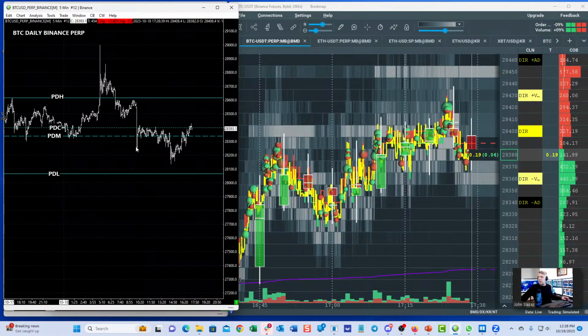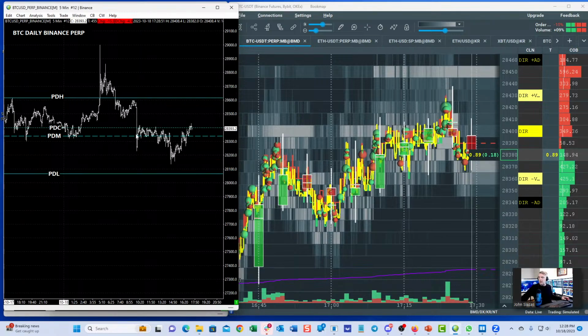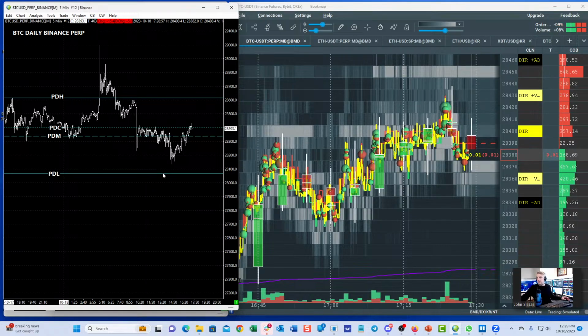Your expectation as a trader: one, the market gave us a head fake up here. Two, we broke below the midpoint, which is just making a new day low, and now we can't go net change positive on the day. It's negative, which sets up this break. And what do we know when the market's trading below the previous day's midpoint? It's going to make a play and challenge the previous day's low.